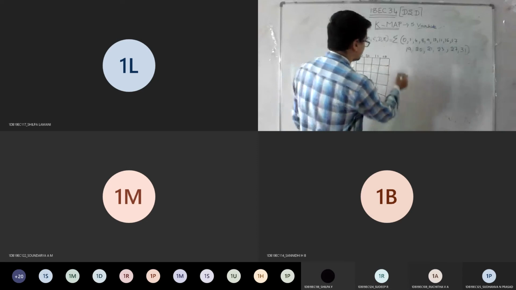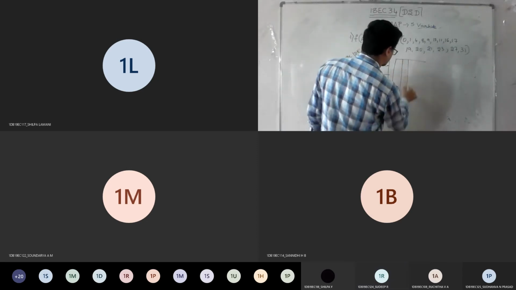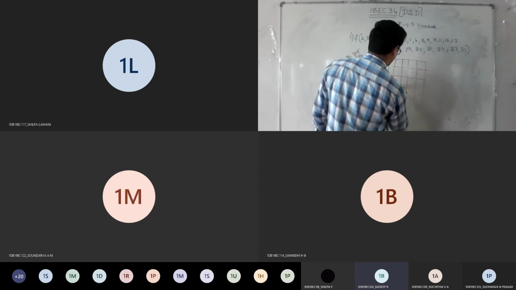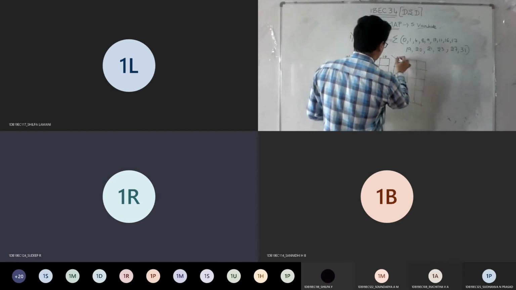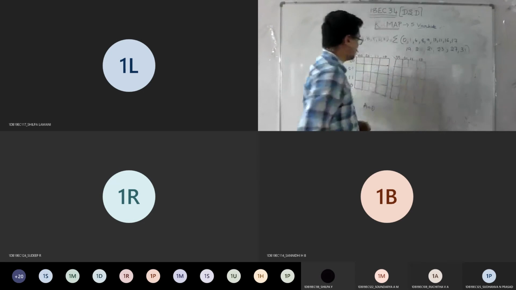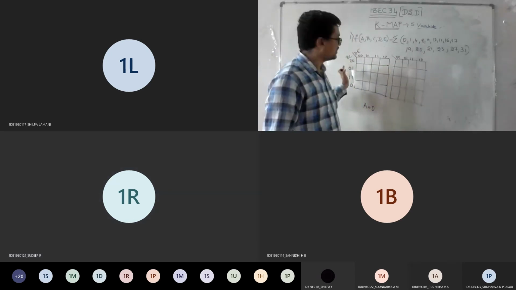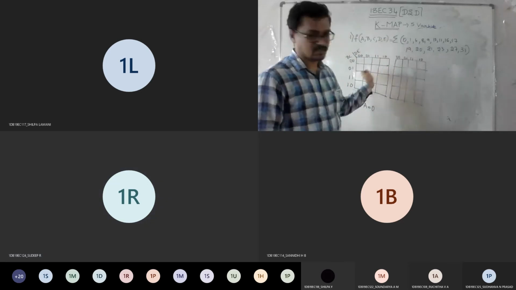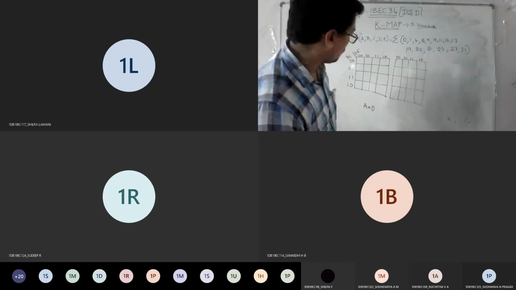Okay, now likewise, let me write, parallel to this, one more 16-cell table. 0 0 0, 0 0 1, 0 1 0. Now there is no need to write everything here because it's already understood. I don't mark anything. This is enough. So parallel you can analyze now. Right? Now what do I want?